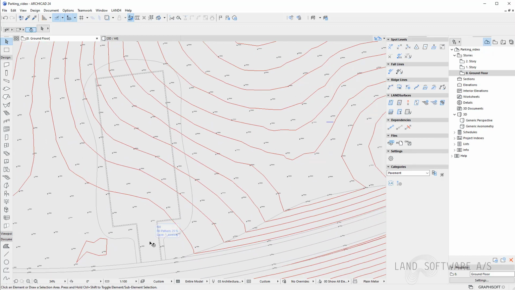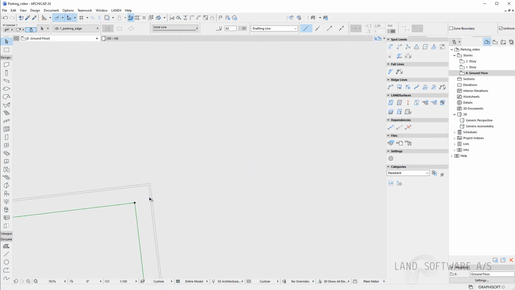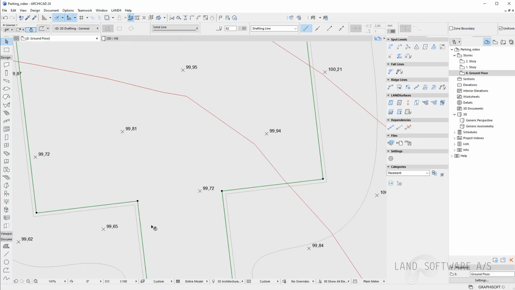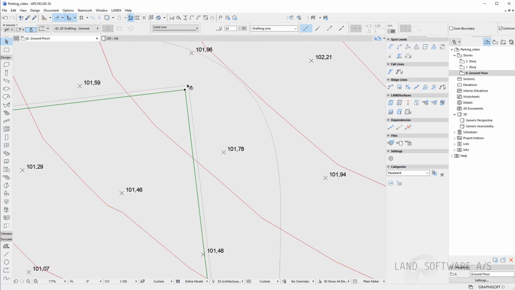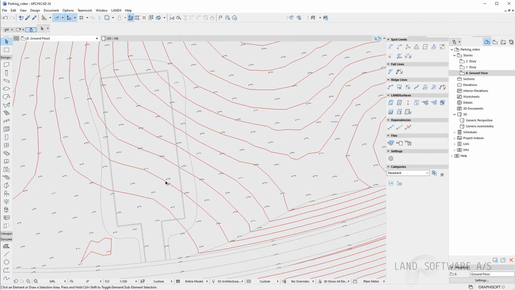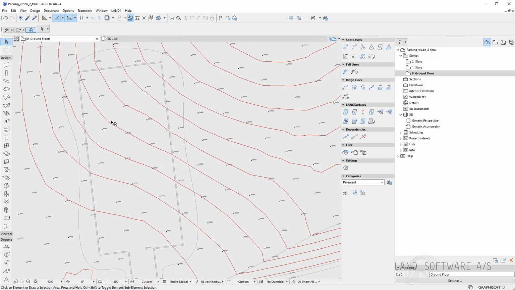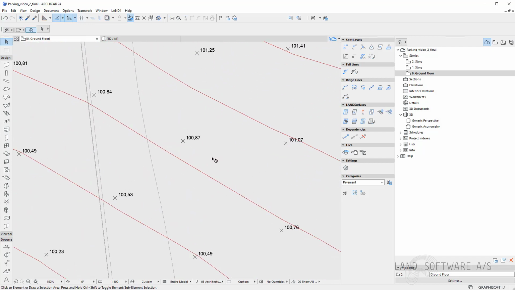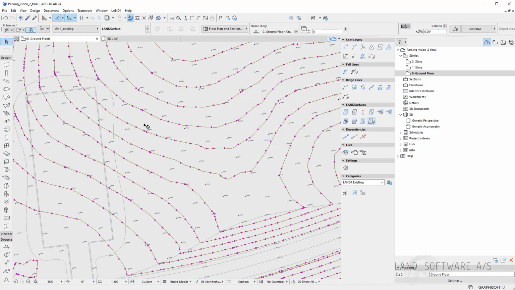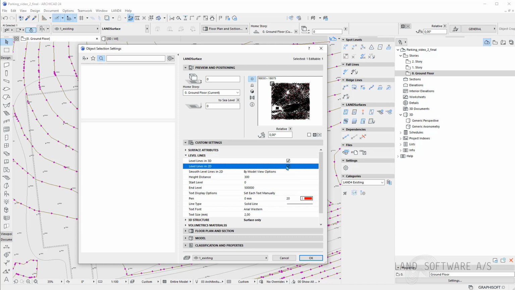So the first thing to start with would be to construct the parking surface. We have the parking edge represented by these two lines, and then the parking surface, for which I will use some interpolations to build it. But before that, just so it's easier to follow the construction of the site, I will remove the level lines of the existing terrain, and I'll just do that in 2D while I will keep it in the 3D.